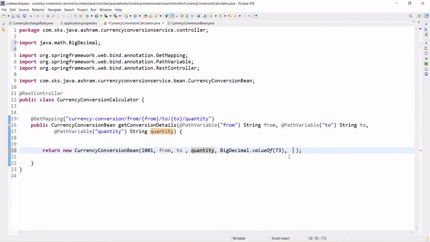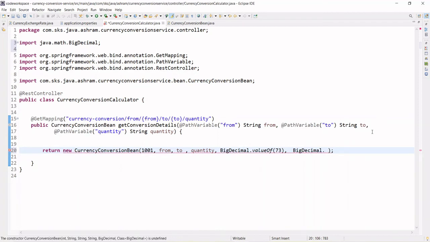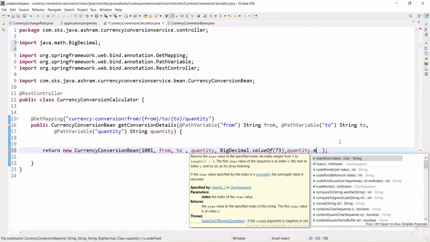We'll have to calculate the total amount. So how can you do this? BigDecimal dot multiply, sorry, quantity will have to multiply, right? So we can have a quantity. Where is the quantity? Copy this, paste here, quantity dot multiply.